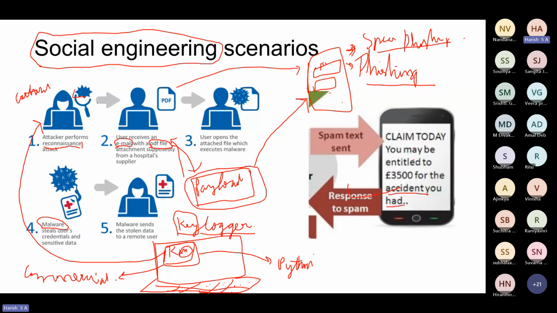The question is, how do you make the other person click on it, correct? And that's where social engineering comes in. Essentially, a keylogger is logging your keys and sending it to yourself. That's all. You can use existing software for that, or you can create your own software for that.